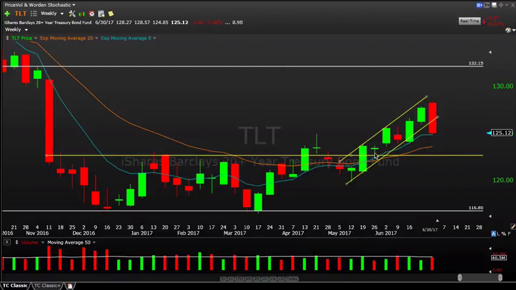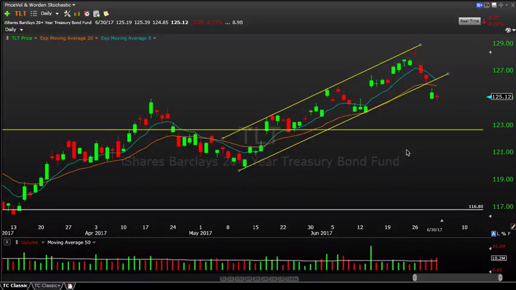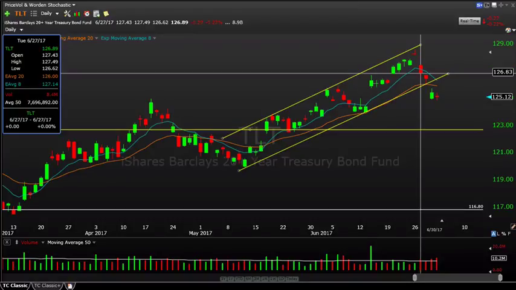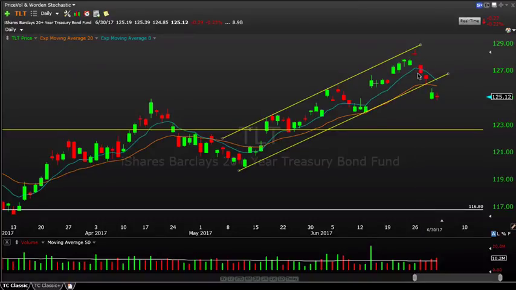You can see we were rising higher in this channel, and now we had a bearish engulfing, breaking below this channel. That's certainly a reason to be concerned here for you bond bulls. We came into the week long TLT and we got out of it on Tuesday on this gap down here. We sold out of our position. We talked about in our midweek video, we wanted to see if the bulls could step in at this trend line support. They haven't. We closed the week near the lows, so I would be cautious here in TLT.